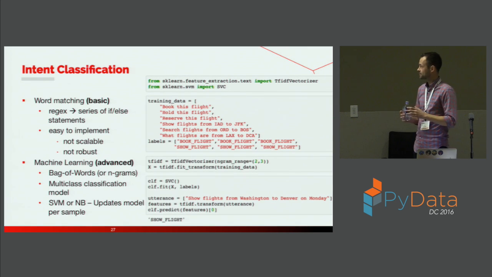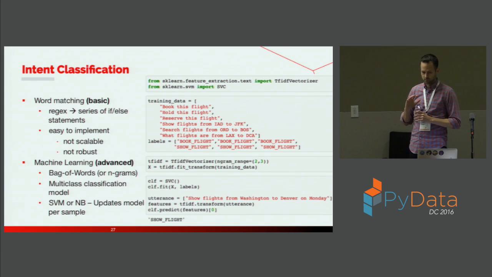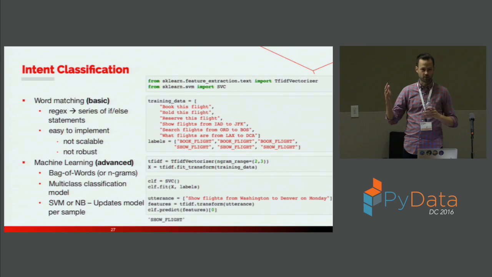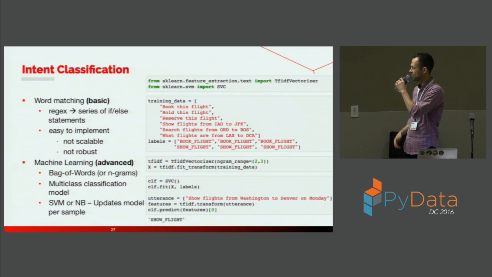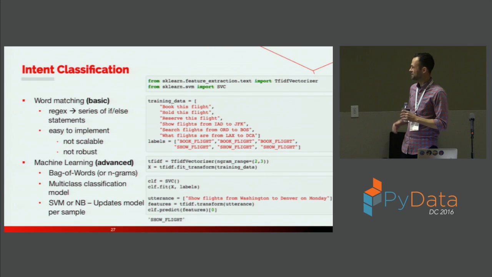Once you have your entities, then you can kind of move on to intent classification. As I said earlier, we could keep this very straightforward with just regex and a series of if-else statements and make it the most basic chatbot ever, but it'll crap out after your first user because nobody uses it the way you would use it. That's what I have found out. And it gets annoying very, very quickly to explain that to people.